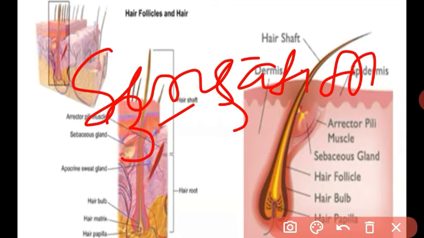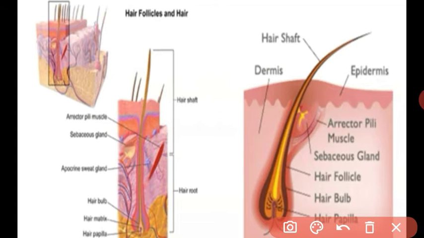Some hair is present in your nose. This hair also prevents the dust particles from entering into the nasal cavity. Facial hair also marks the sexual characters like a beard and mustache. It helps to distinguish between male and female. Got it, student? What is the structure of hair? What is the function of hair?